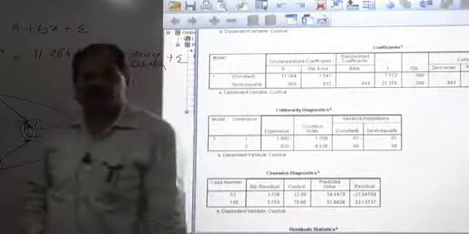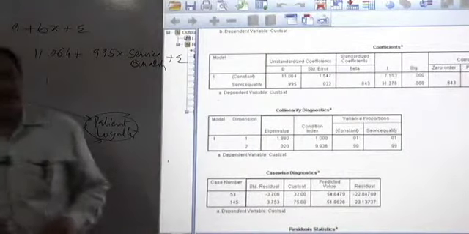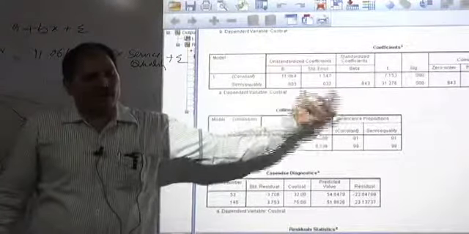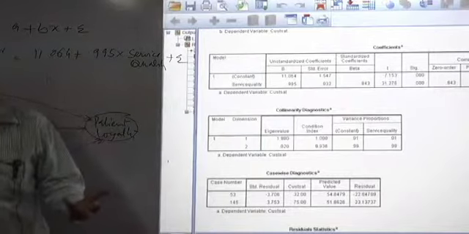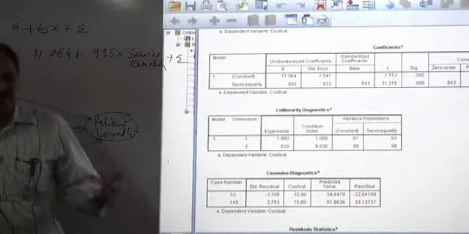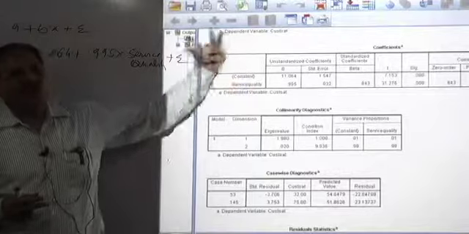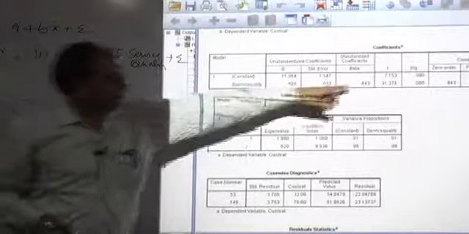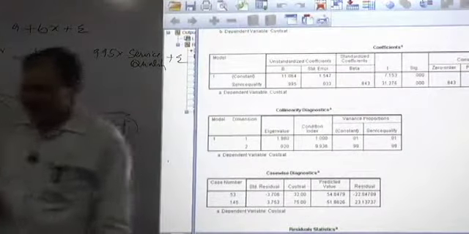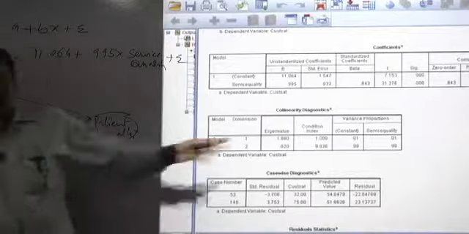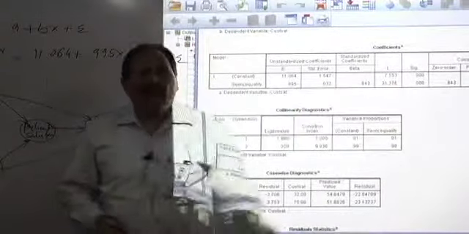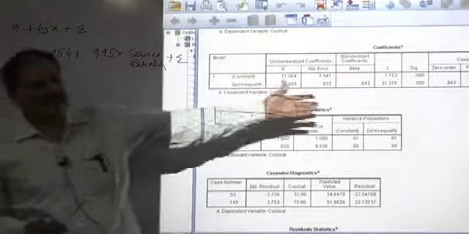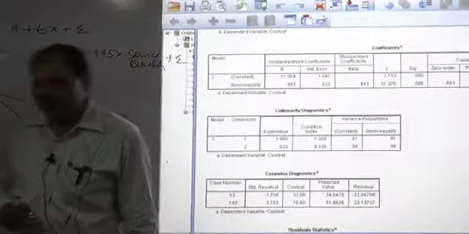Significant at 0% level of significance, indicating that the standardized regression coefficient is significant. That means the contribution of service quality to customer satisfaction is significant. Okay? You not only look at the coefficients, you also need to test whether these coefficients are significant. That is what this is used for: hypothesis testing, whether your regression coefficient is significant or not. So T is indicating that your regression coefficient is significant.